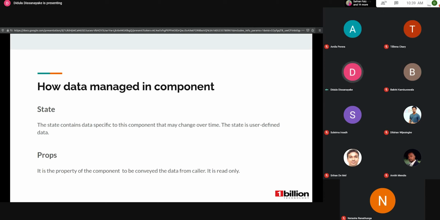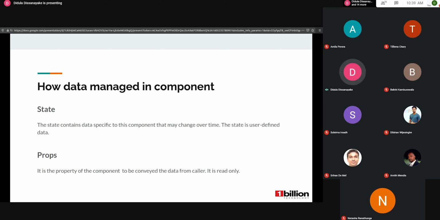The other one is props. Props are defined by the call to the particular component. If we write a component, within that component we can use a child component, so we need to pass values from the parent to the child component. For that purpose, we can pass props. It is a one-way flow. When the parent changes a particular property, it will be reflected in the child component.